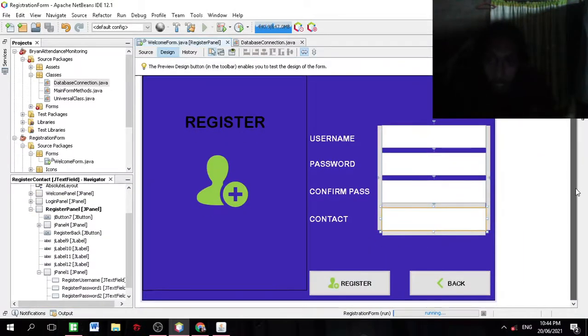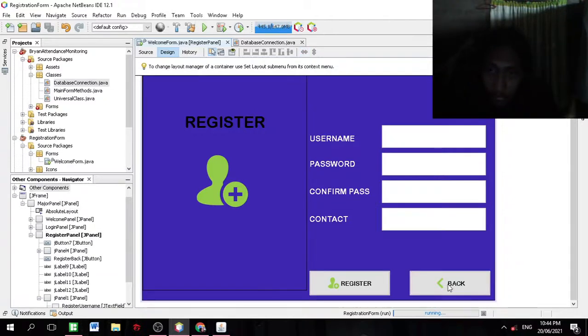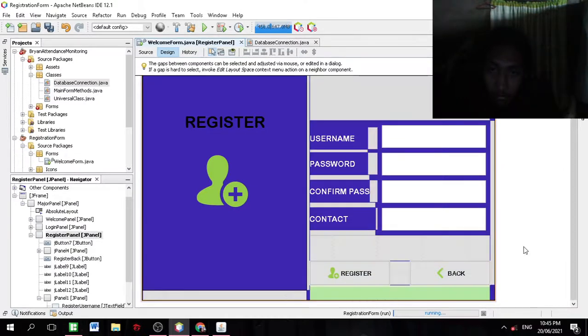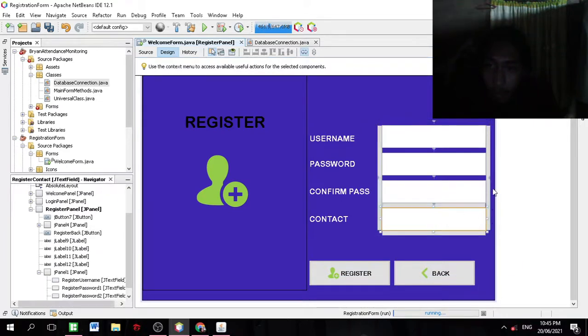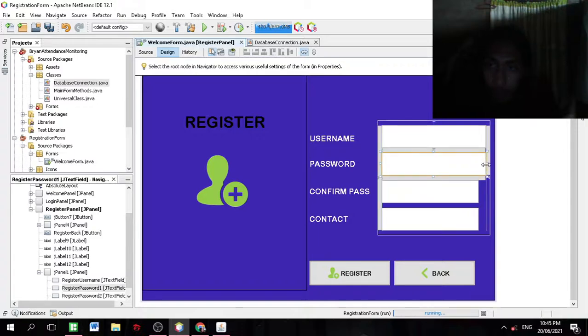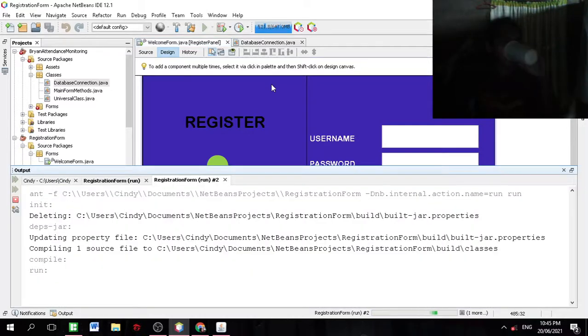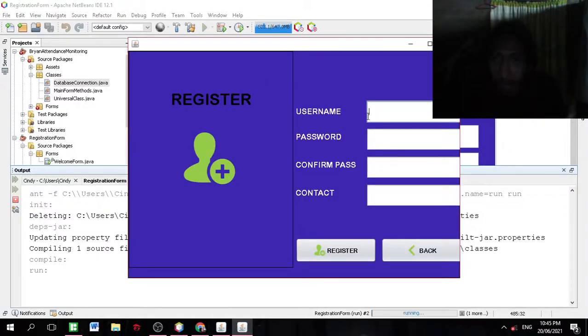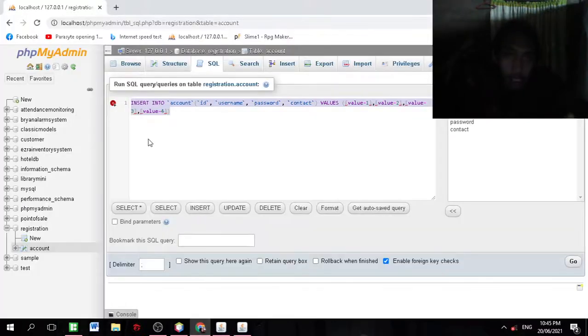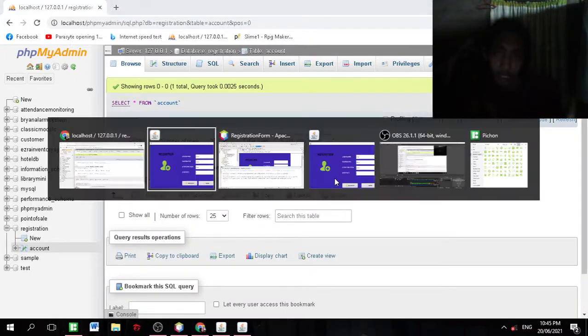And okay, let's configure the design first. It's broken. Okay, try. Still broken. Registered. Let's check the database. Okay, and it's in our database. Now what we are going to do,